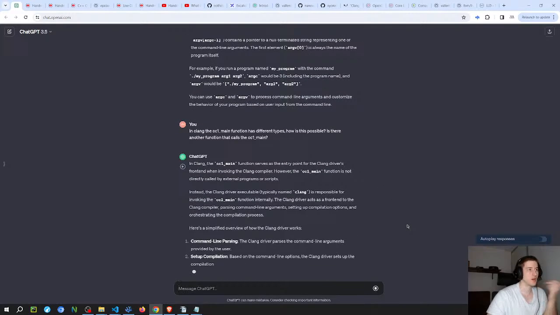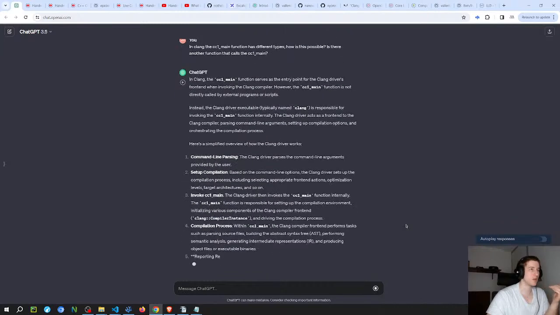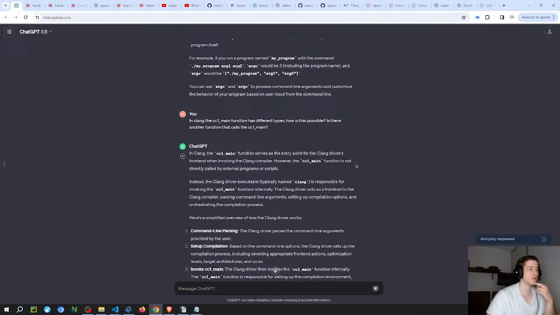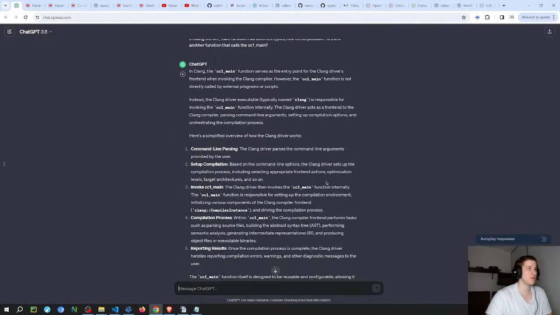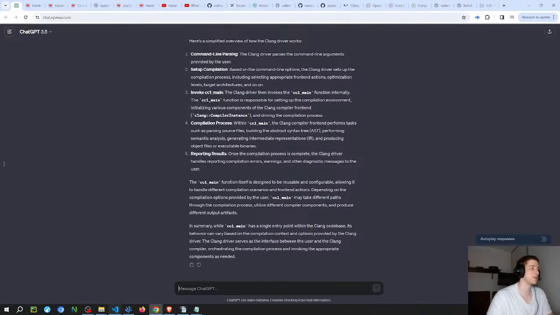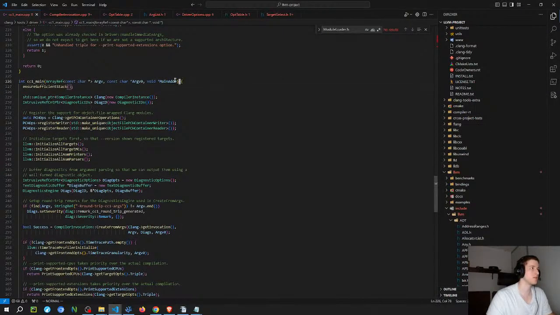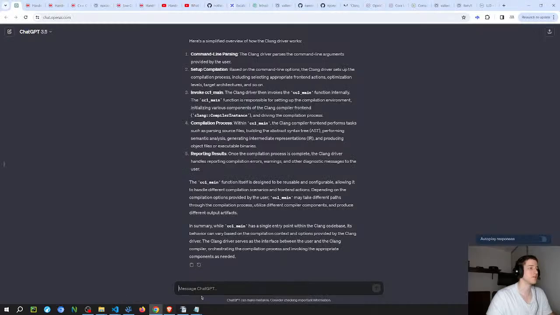Each point for ceiling with drivers, front end. So I think the real main is on the drivers, and then they do something to structure the command line arguments and then pass to this other function. Clang driver executable is responsible for invoking this one function internally. Clang driver acts as the front end to the Clang compiler, parsing command line arguments, setting up compilation options. Yeah, so this is what's happening. So I'm gonna ask ChatGPT if argv0 is the